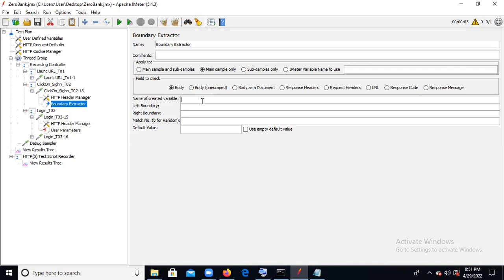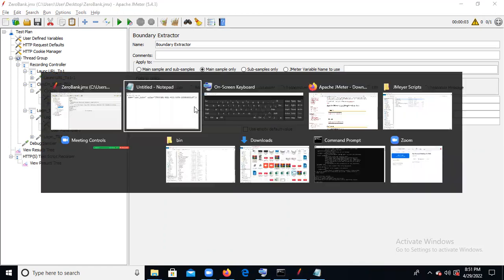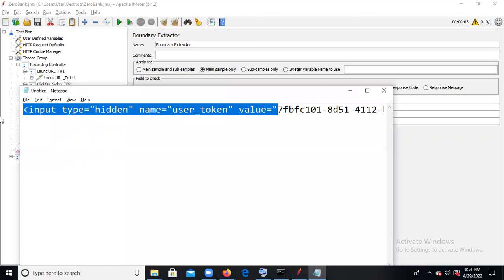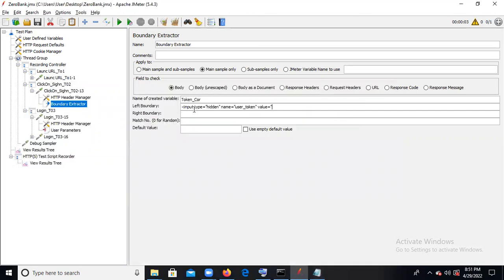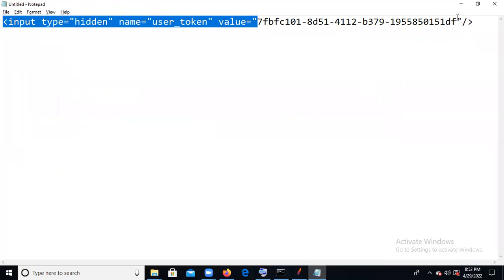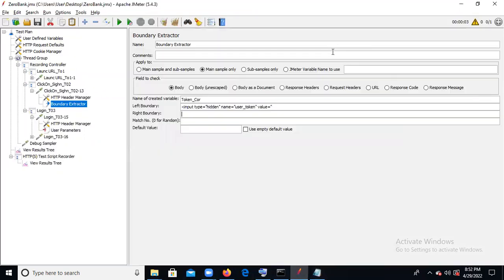And after that, you need to give the name, token underscore COR. And after that, you need to give the boundaries. So this is the left boundary and you can pass it. And this is the right boundary, right? You can take it as the right boundary and pass it. And here the default value, maybe this value is not available. What error do you want to get? Not